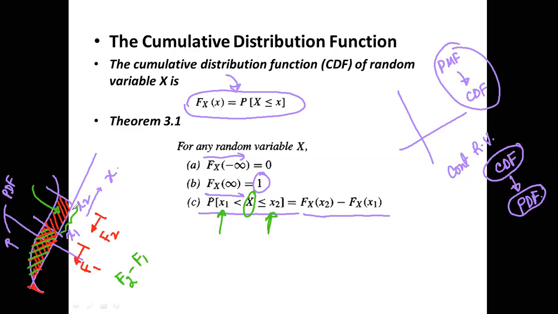Okay, almost. Sir, X1 is less than x. Sir, is this x a certain point or a certain range? The x that you have marked with green color, this one? Yes, sir. This X is a random variable. This X are those values of X which are between X1 and X2.